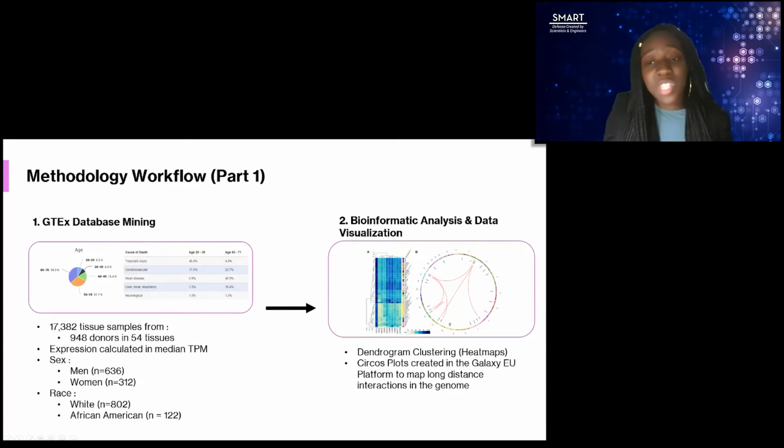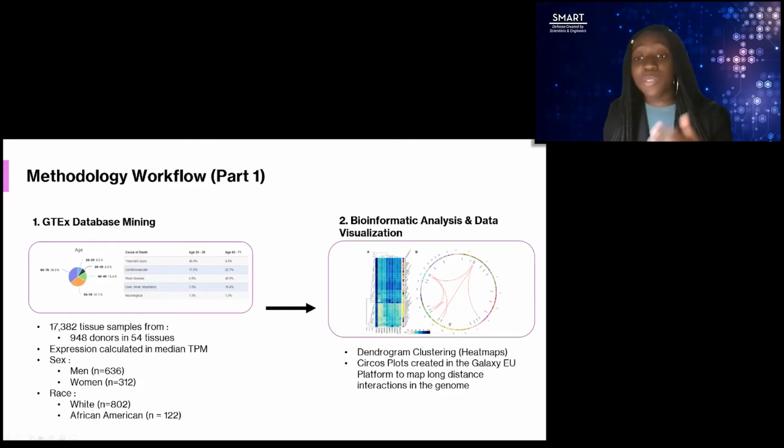The names of the tissues are listed here on the right, and at the bottom are the names of the nucleoporin genes. The shading of the box indicates how much expression is happening. For example, darker shaded boxes mean that there is more expression, which is calculated as median transcripts per million, and the lighter shaded boxes mean that there is less expression, which is less median transcripts per million.